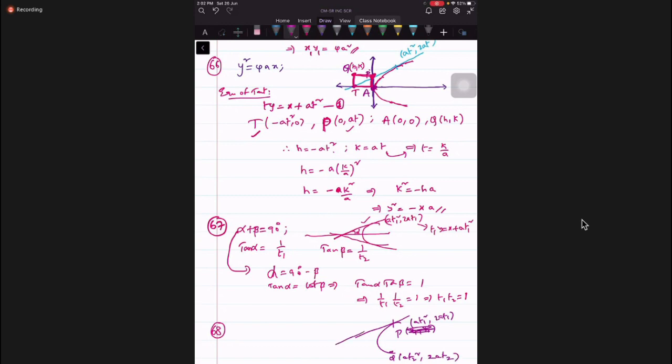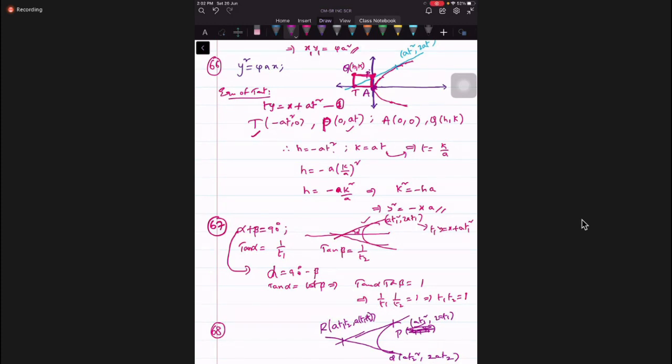Okay, sir. We have drawn tangents at P and Q on the parabola. We have taken two points, and these two tangents are meeting at a point called R. What is this R? I've done a numerical example also. The geometric mean of these two, and this is the arithmetic mean, correct?